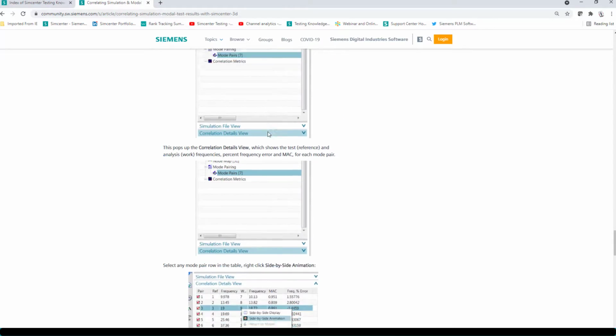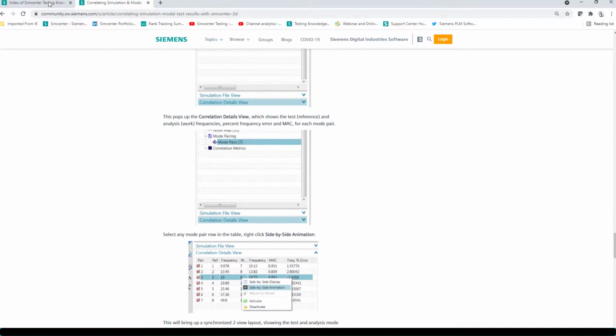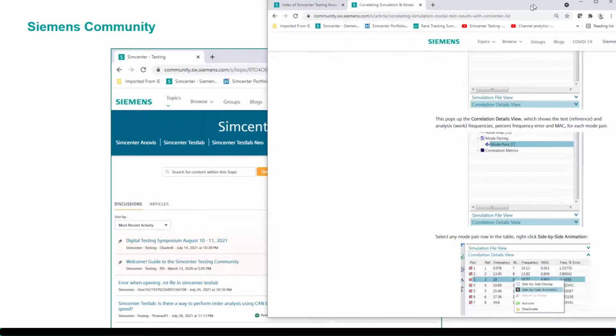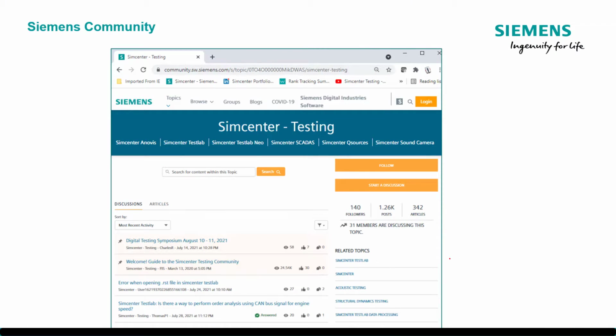So lots of good articles about how to do things on the site, and fundamental knowledge articles about natural frequency, things like that. What do you use it for, Nick? I like a lot of those articles, Pete. Things like the natural frequency and resonance. A lot of good articles on topics other than structural dynamics, acoustics, durability as well. So it's just a nice resource if you're looking to learn more about the SimCenter Test Lab software, or if you're looking to understand some background theory a little better.